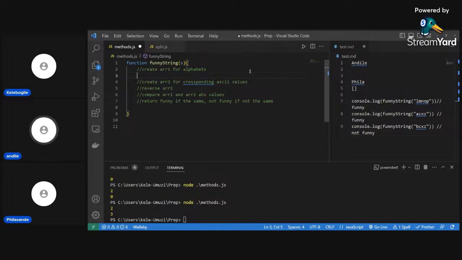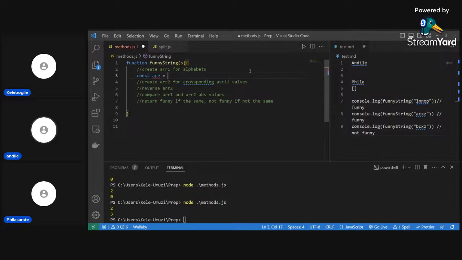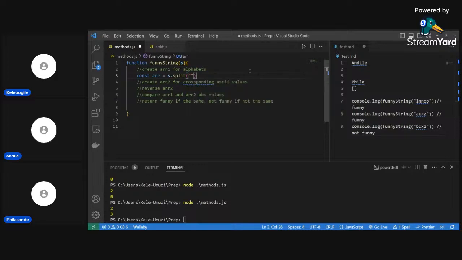All right. I haven't done the implementation, so I'll be doing it here. I'll say array dot split. I'll create an array first. So let's split. I'm splitting the alphabets. What are we using to split? Only that. And then